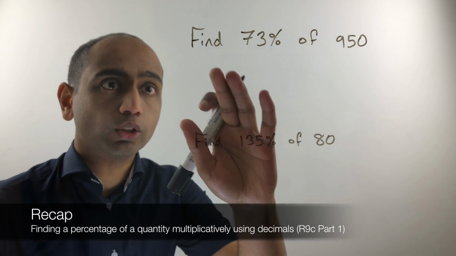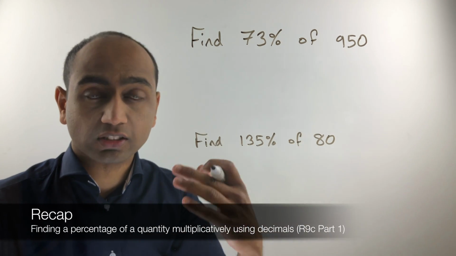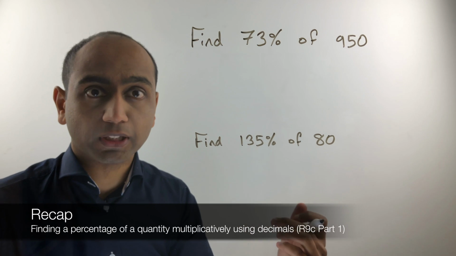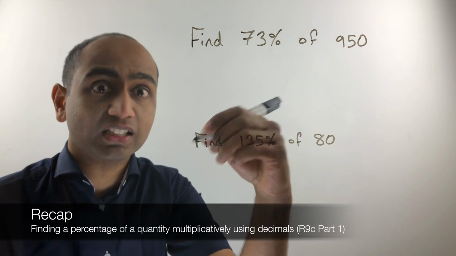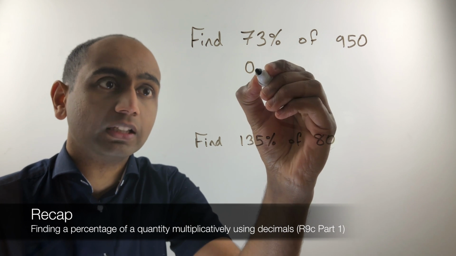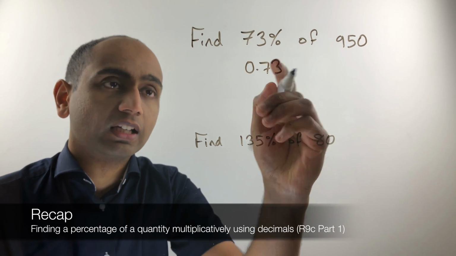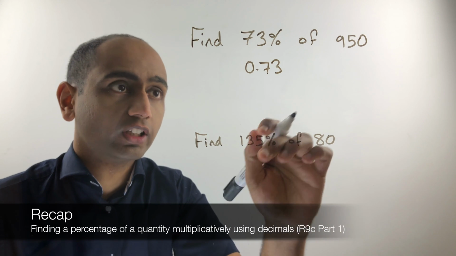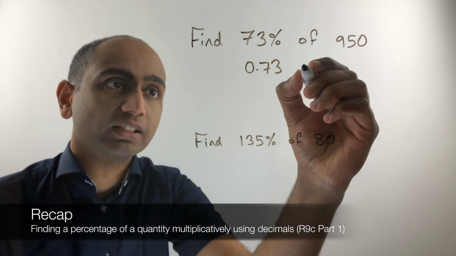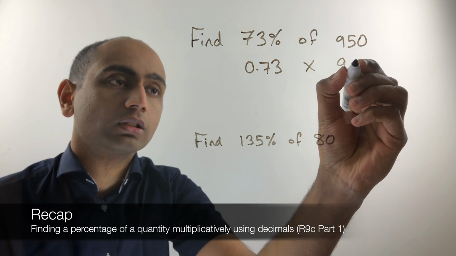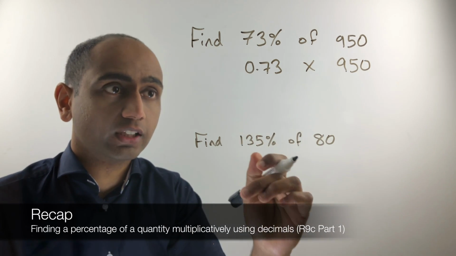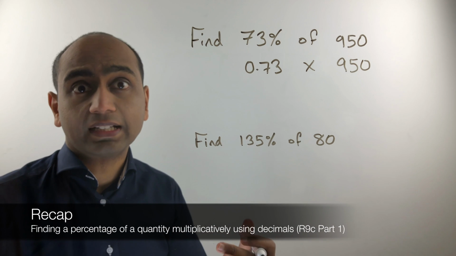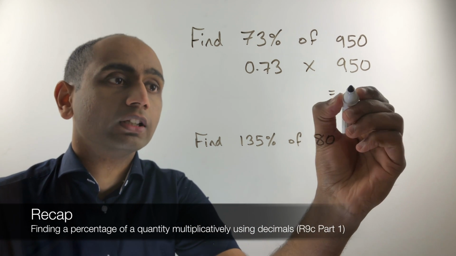Before getting into this video, you need to be comfortable answering questions like these using decimal multipliers. In the first one, for example, we would turn the 73% into a decimal. That would be 0.73. And to find 73% of 950, we would do 0.73 times 950. That's 0.73 lots of 950. And that gives us an answer of